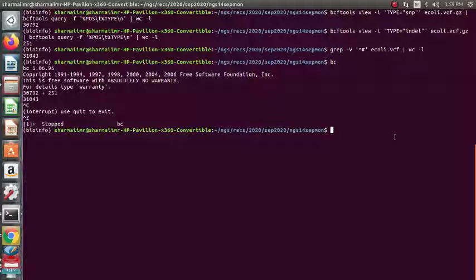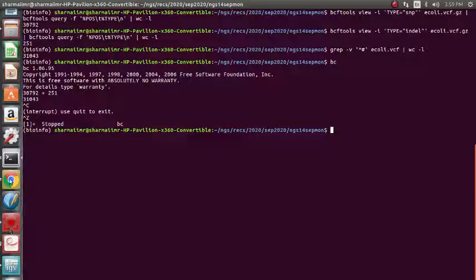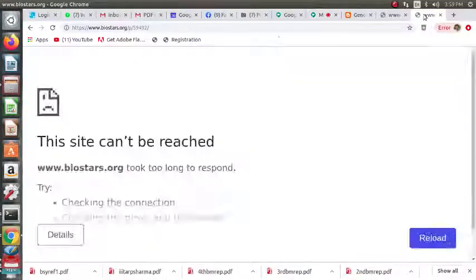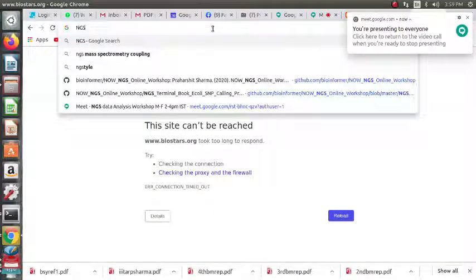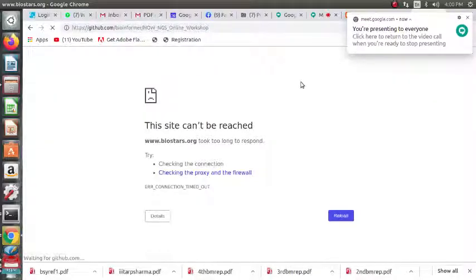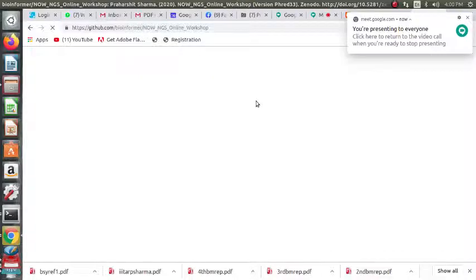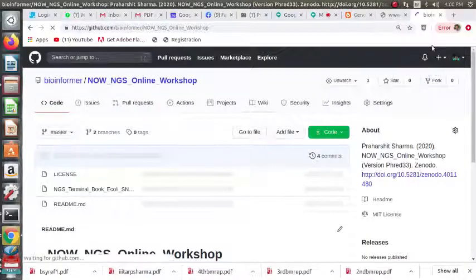We already did BWA to VCF. Let's do Bowtie to VCF from the beginning. You already have a terminal book also, right? If you again refer to this link, you can follow all the steps.